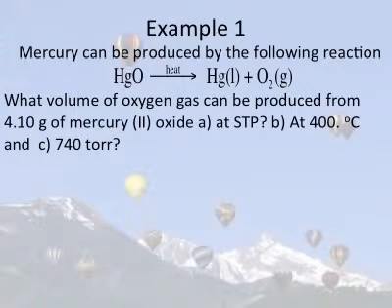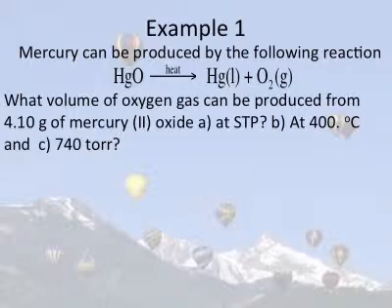So, what volume of oxygen gas can be produced from 4.10 grams of mercury II oxide at, first of all, standard temperature and pressure? But we already know that's not going to work because we have to add heat. So then we're going to raise the temperature to 400 degrees Celsius to see what happens to the volume. And then what are we going to do to the pressure? 744 torr. We're going to lower the pressure and see if that's going to affect the volume very much. We're going to see which one of these factors affects it more. So, first of all,